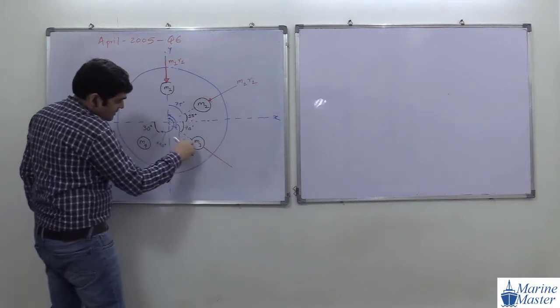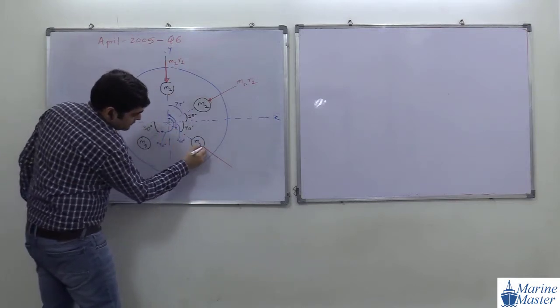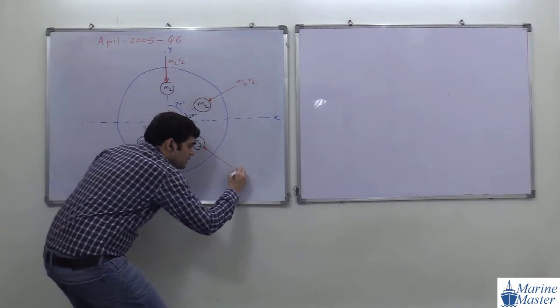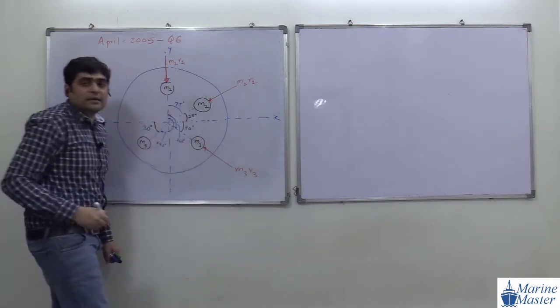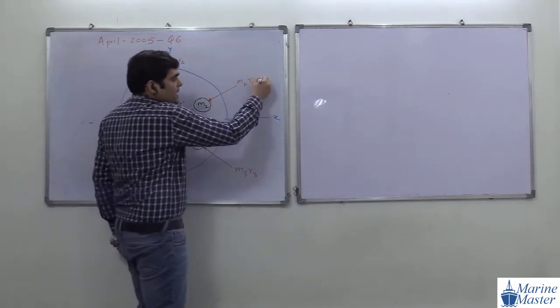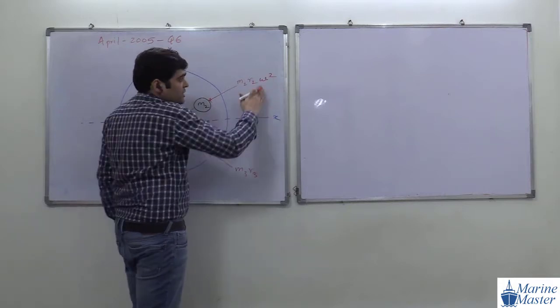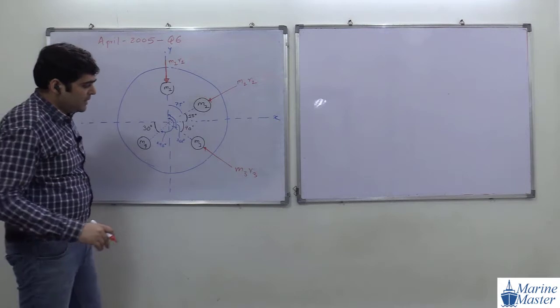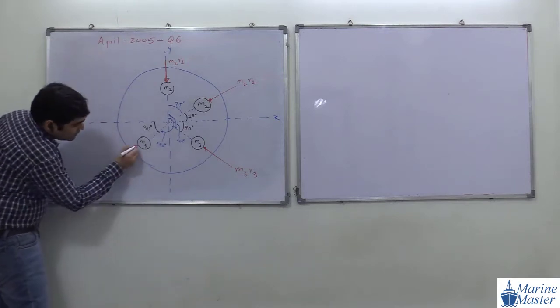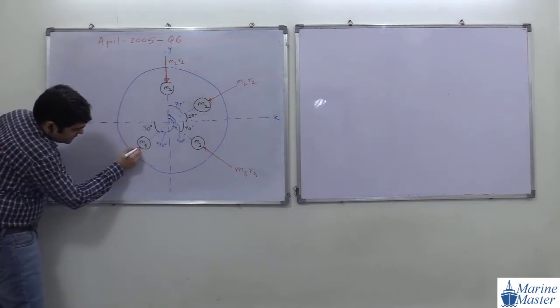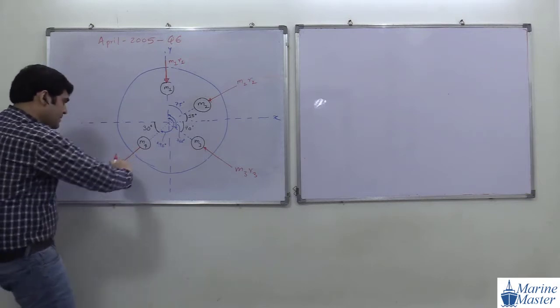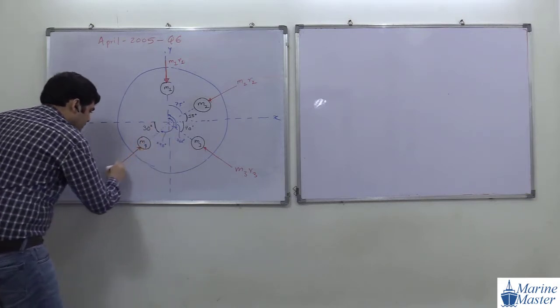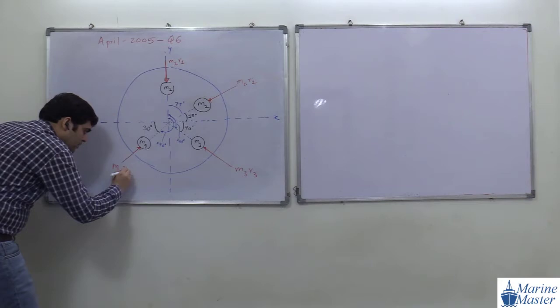Same radially, along this dotted line. This will be what? Centrifugal force is M3 R3. Here it is omega square, but for making calculation simple, we are omitting omega square. With the final result, we are going to multiply. Then here also, same radial direction. See the point here, same radially. That will be M4 R4.